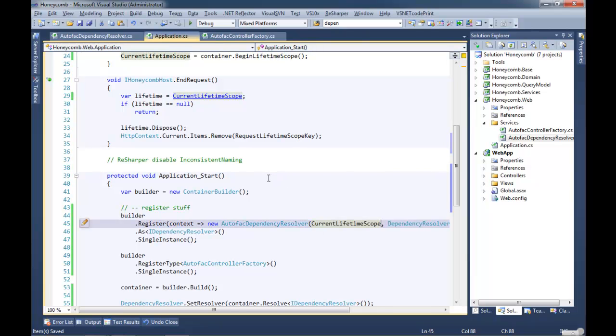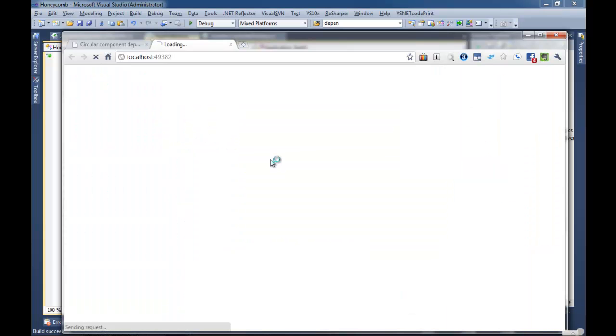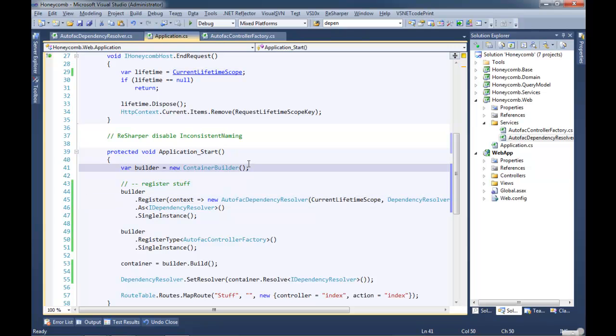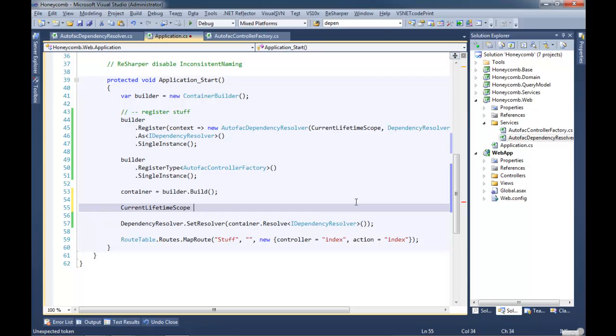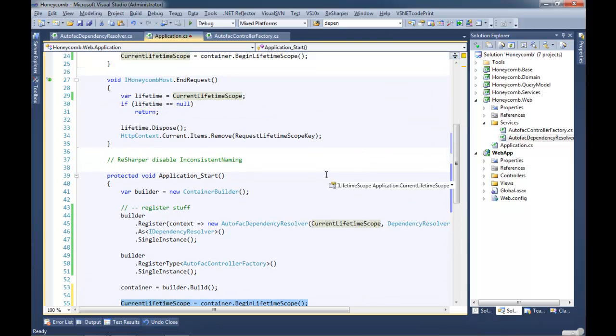And as long as I didn't make a mistake, this will work for one request, and then it'll fail. So let's go ahead and see. Actually, no, it's not going to work. Yeah, parameter cannot be null, context. Okay, before we set the resolver, let's go ahead and cheat and set the current lifetime scope to container begin. We're going to have to do this anyway because when application start runs,